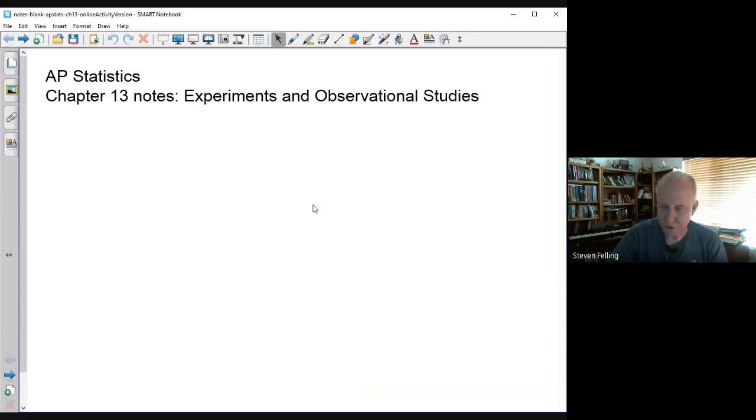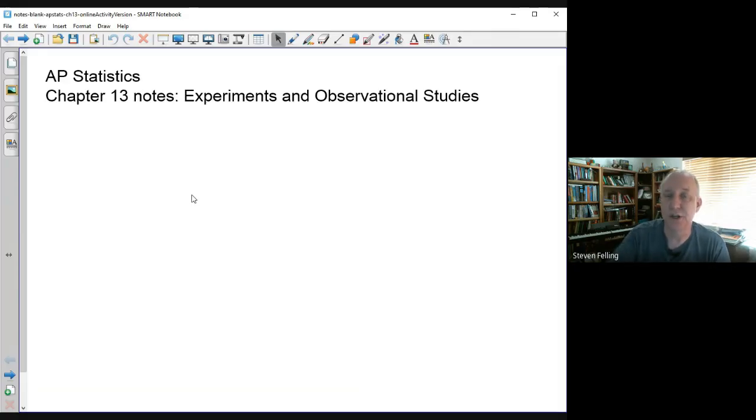Okay, so in Chapter 11, we talked about randomness and how to use randomness to simulate data. We also learned some randomization techniques like the calculator random integer feature and also the use of a random number table. And then in Chapter 12, we talked about different sampling techniques and then the terminology for different